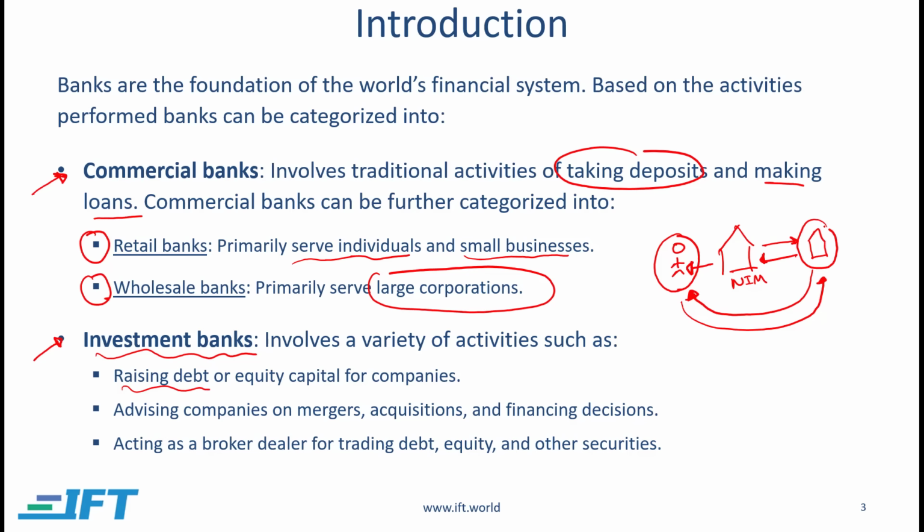Let me give you an example. So let's say in this current situation, the investor is getting 3% and the company is paying 5% to the bank. Now, maybe both of them will be happier if they directly issue the bonds at 4%. So this way the investor gets 4% and the company pays 4%. So lower for the company, higher for the investor. You just take out the intermediary from the middle. So that is where raising debt would come in, that the company would raise bonds, pay a lower rate than what it is paying on a loan from a bank, and yet the investor would actually get a higher